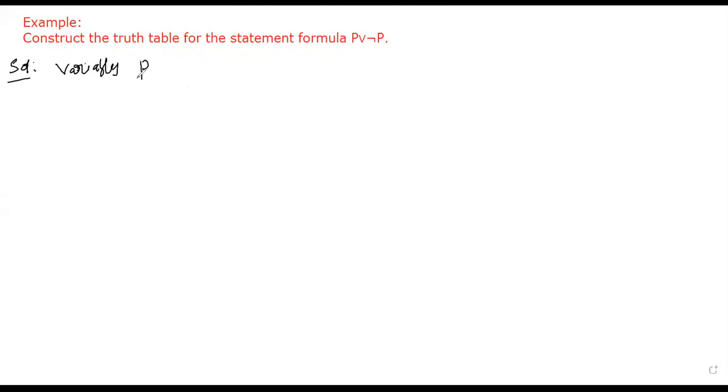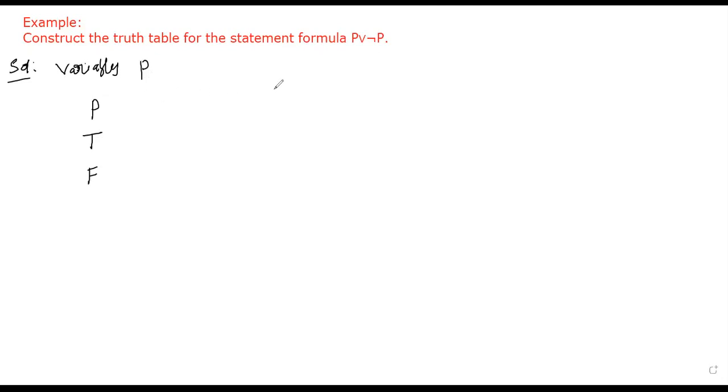If there is only one variable P, there are two chances. There is only one variable, therefore there are only two cases for this variable, either true or false. Why? Because P is a statement here. A statement is either true or false. Therefore, if there is only a single variable, there are only two cases, either true or false. Am I right? Yes, sir.